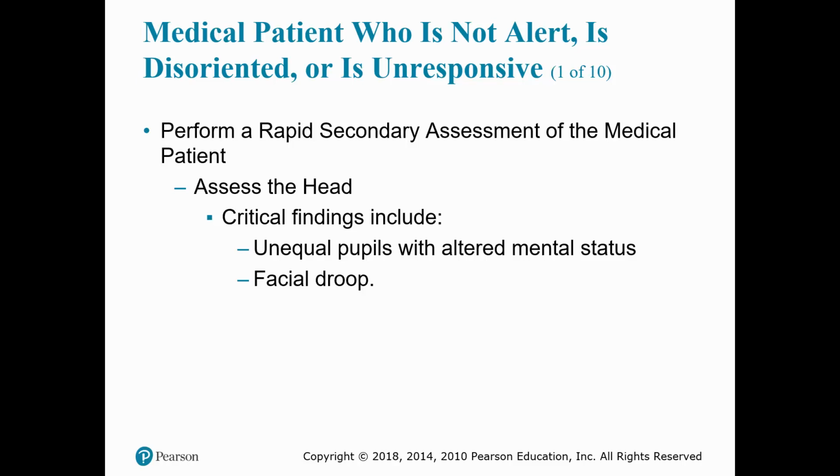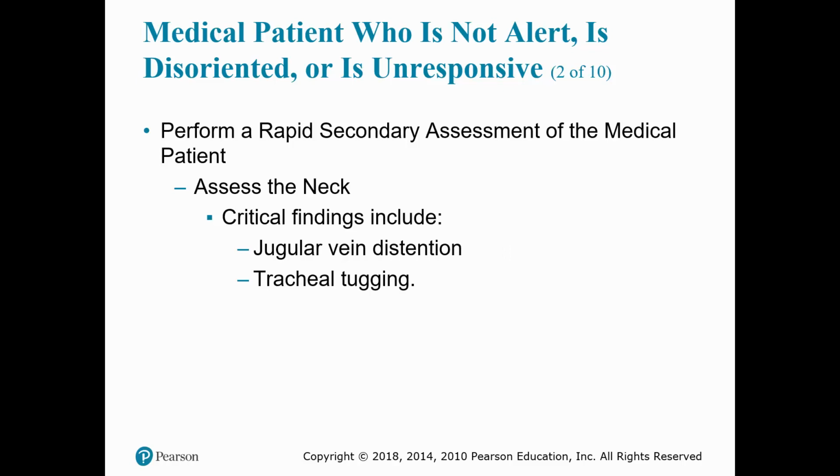Moving down as we did on the previous secondary assessment, we're going to assess the neck. Critical findings, of course, would be jugular vein distension or tracheal tugging. As with any other patient with respiratory insufficiency, we want to provide positive pressure ventilation at 10 to 12 a minute. If your respiratory rate is less than the normal rate and tidal volume is inadequate, also administer supplemental oxygen